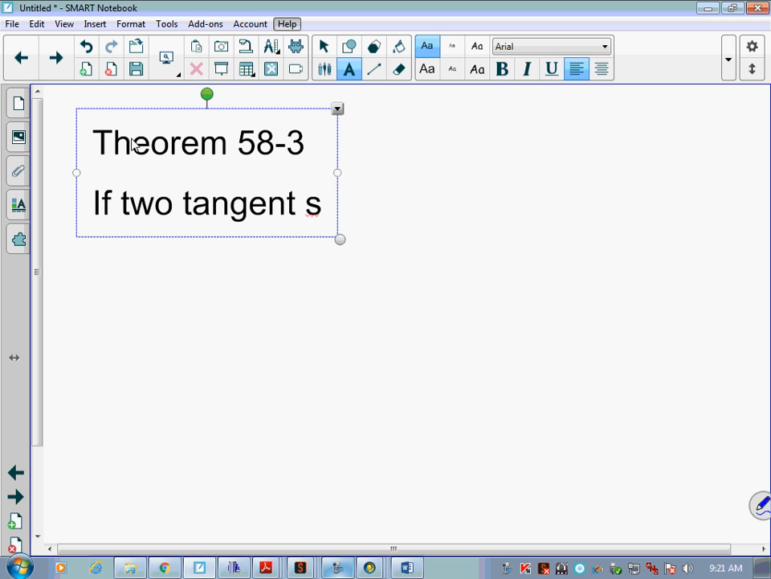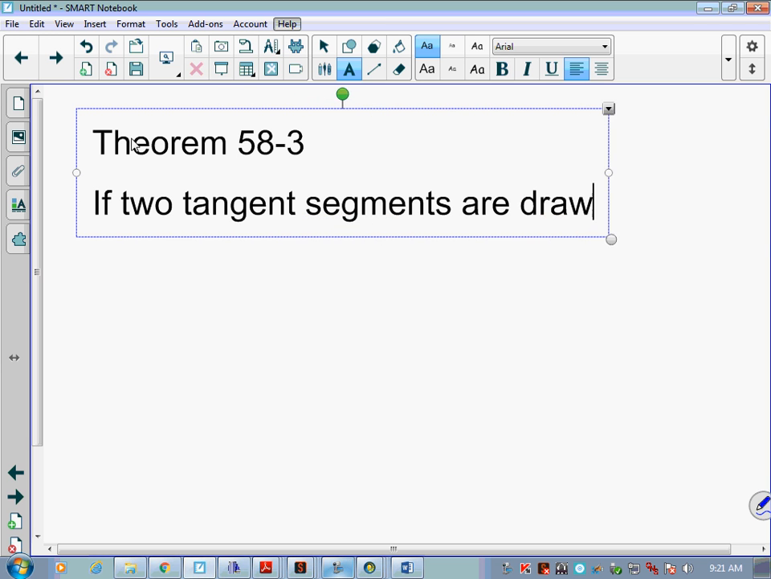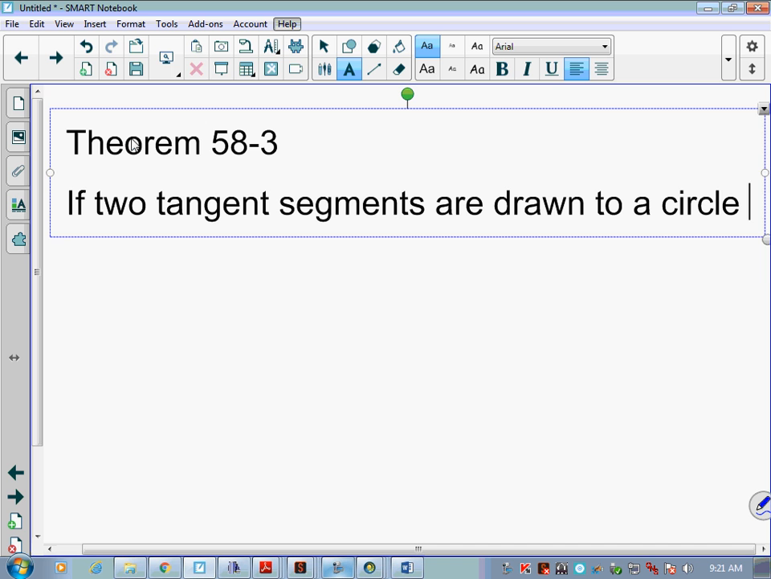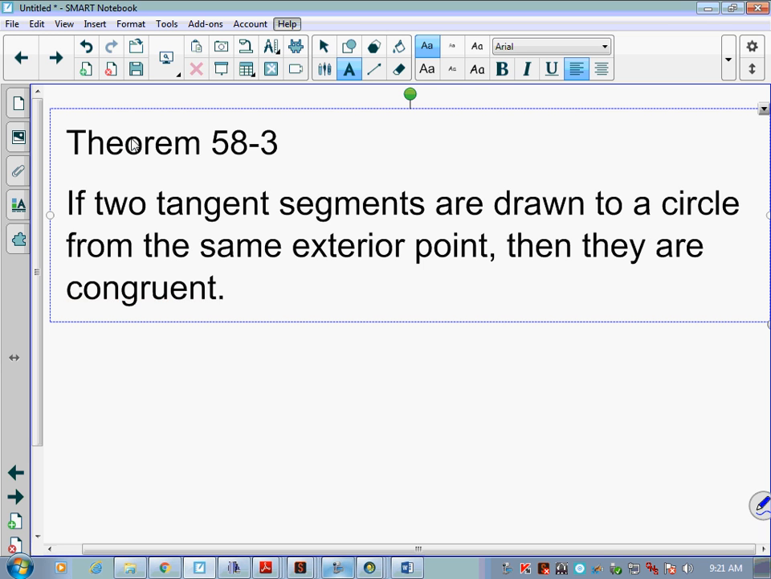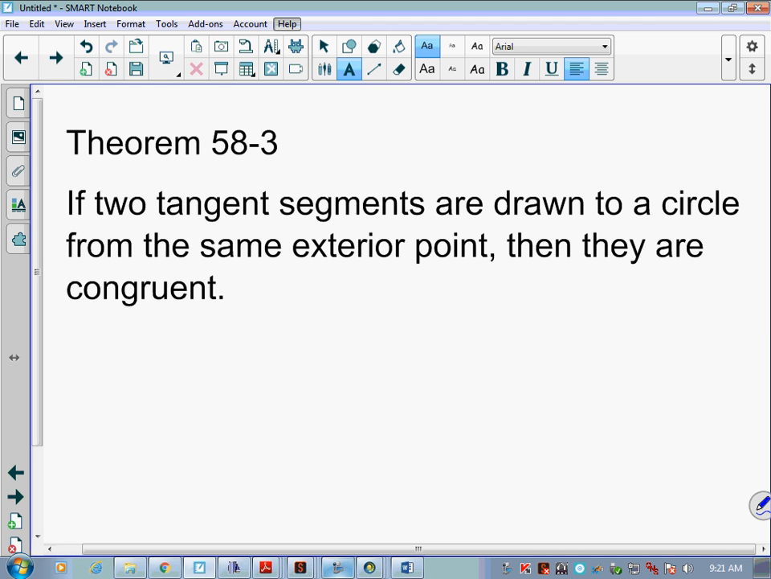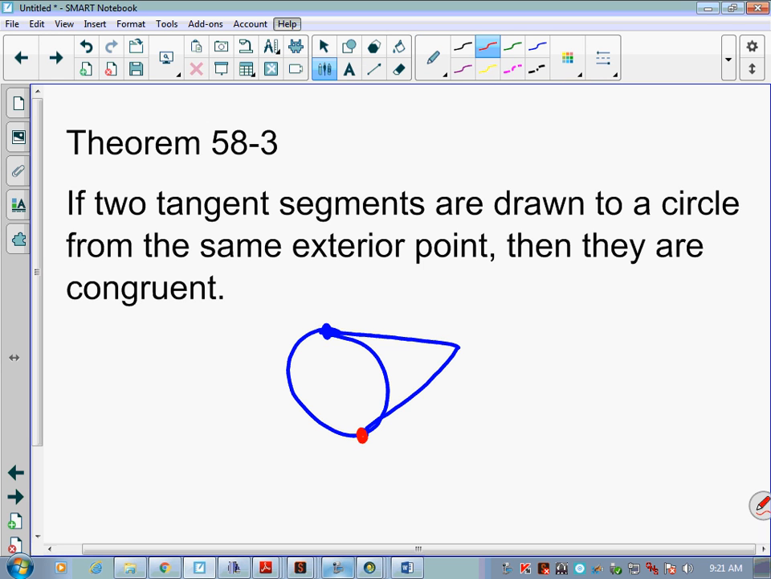Okay, if two tangent segments are drawn to a circle from the same exterior point, then they are congruent. They do a pretty good job of giving you a picture here. Let's draw a circle. It's a tangent segment, which means that if that is the point of tangency, what they're saying is that those individual perpendicular segments are congruent to